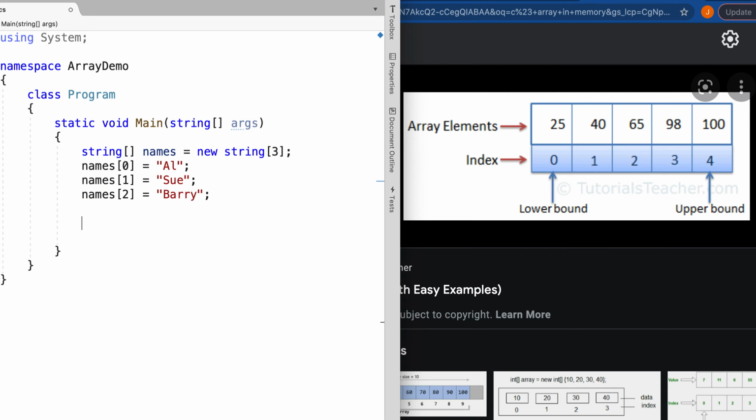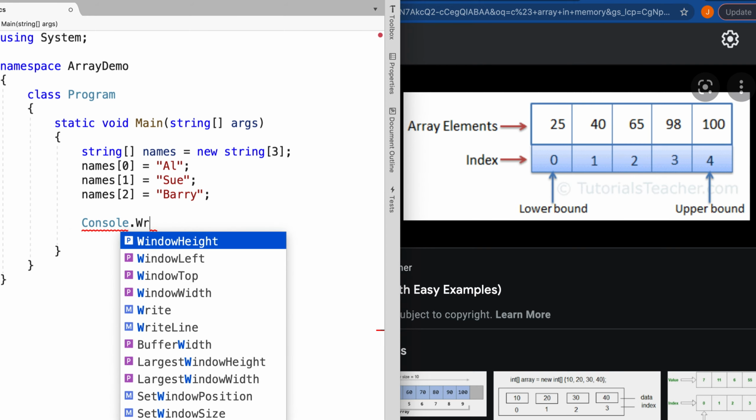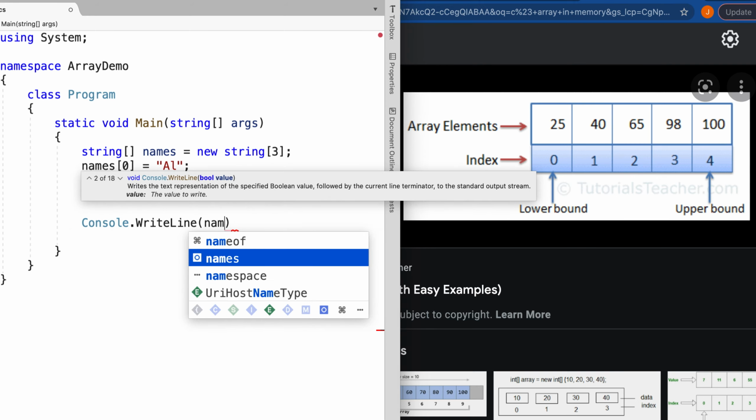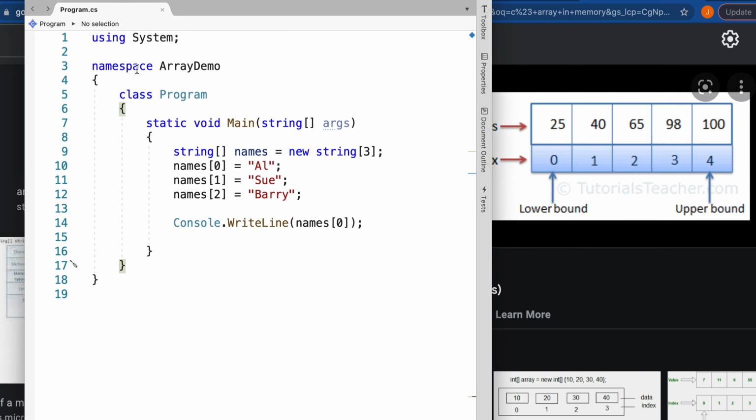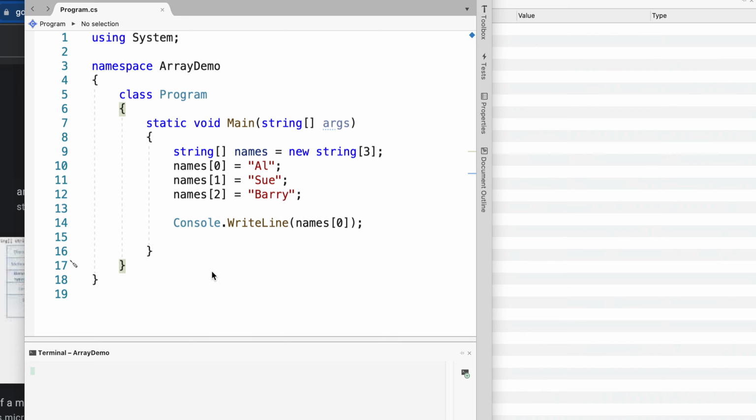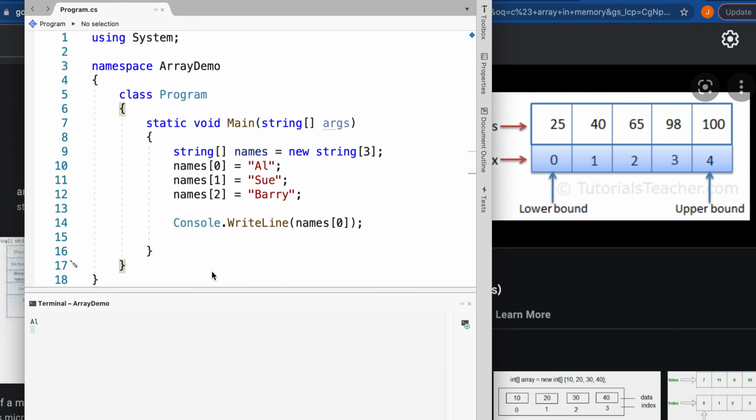Now, we can read that value as well, again using the array access statement with that index number in it. So if we ran this, it would just output L. Okay, so that's a very simple example of an array. In the next video, we'll talk about using a for loop to actually go through and process each value in